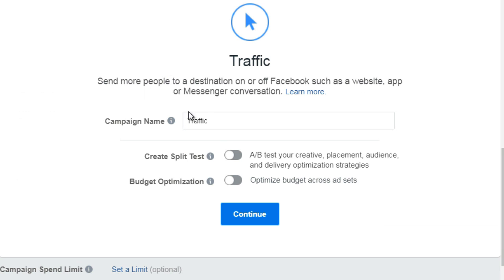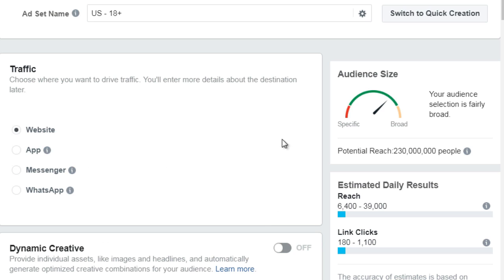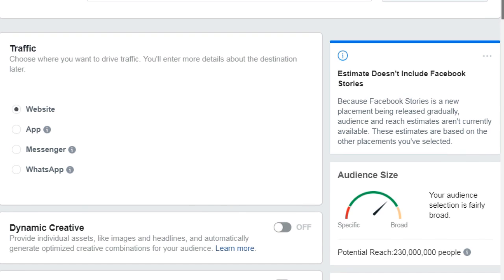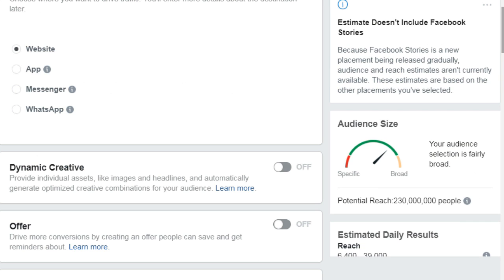And then of course we're going to name the campaign. We'll call it retargeting test 1. You can split test, you can do budget optimization. We're not going to do any of that. We're going to keep it simple. Now, as you can see here, this allows us to focus on a specific demographic. So we've got traffic, we scroll down,